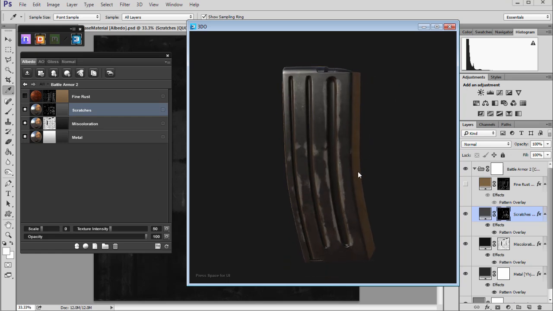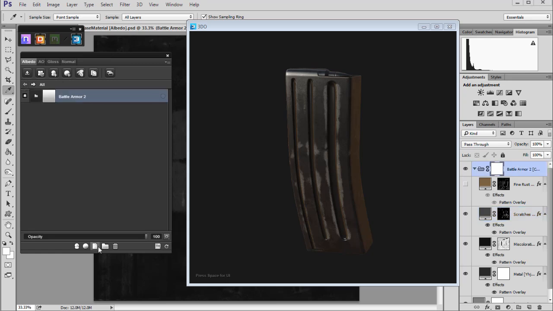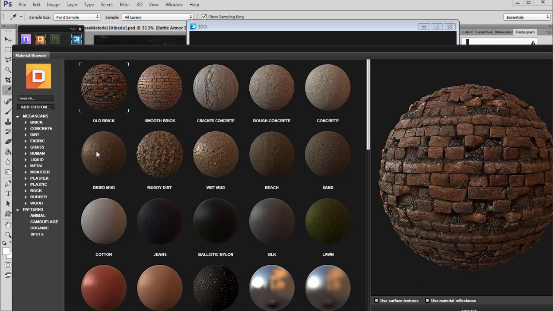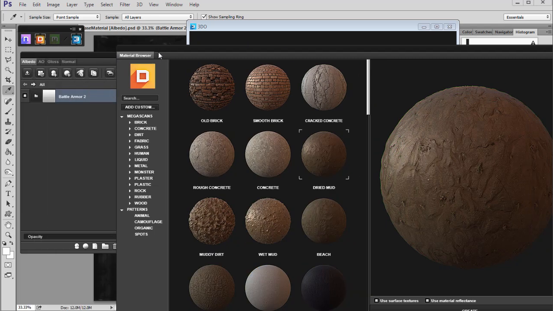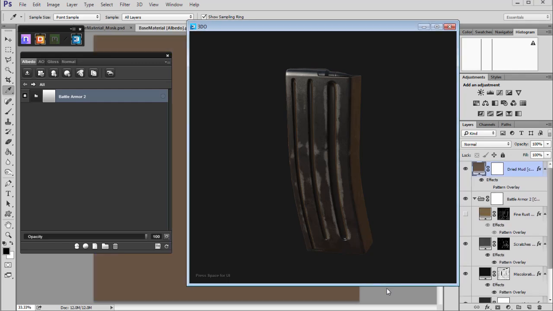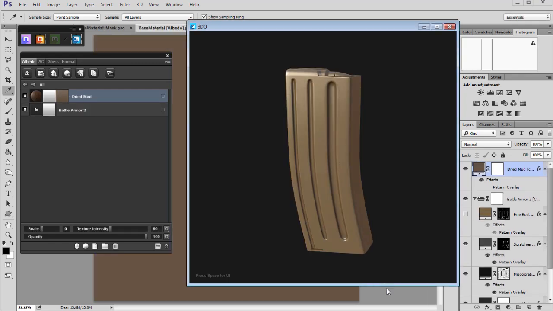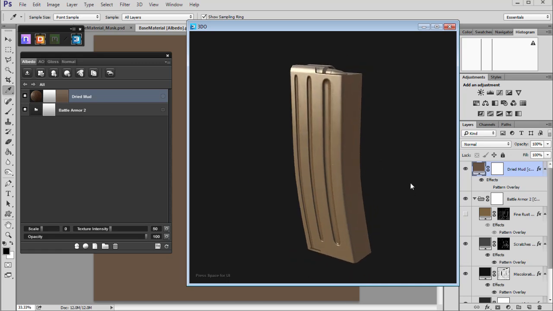And of course we have a dust pass, so let's step back and add a material, and let's add this dry mud. It's excellent for making a dust. So let's hit create. So right now our dust is applied